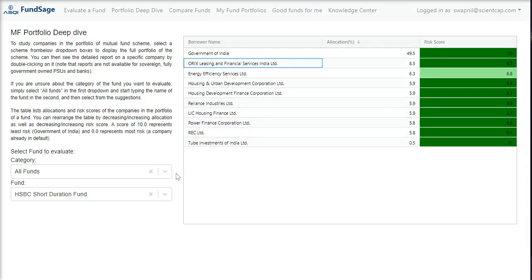So we're also preparing reports separately for quasi-sovereign issuers. So in general, you'll end up seeing close to 4 different types of reports: listed non-financial, unlisted non-financial, NBFCs, and quasi-sovereign. We don't currently cover banks in our assessment, and government or government entities. So that in a nutshell is how the portfolio deep dive works.